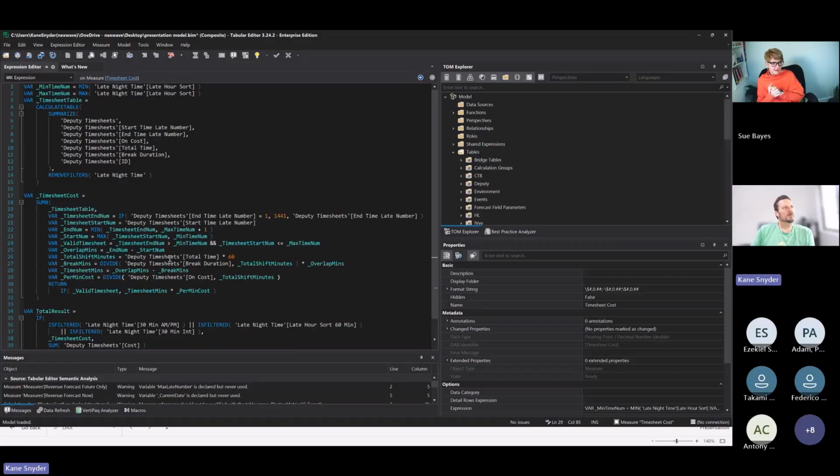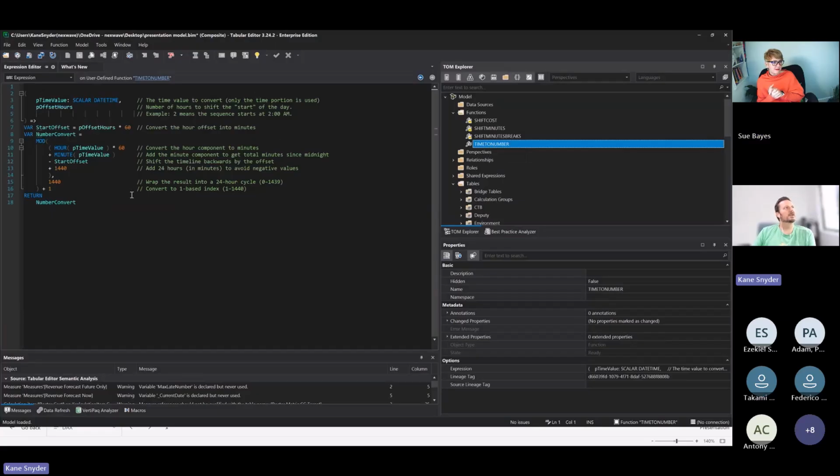Yeah. So what I've done, which might be simpler than looking at all the system specific fields and all of this kind of stuff, is I thought about it and I was like, well, there's a lot of custom logic getting reused here. We're calculating minutes and costs, and it's the same calculation for timesheets and rosters and different things. So it makes sense to do a DAX function. So I did one here. I did a nice time to number DAX function, which you can feed in a start time and it will convert it to that number for you if you don't have that in your ETL stuff.